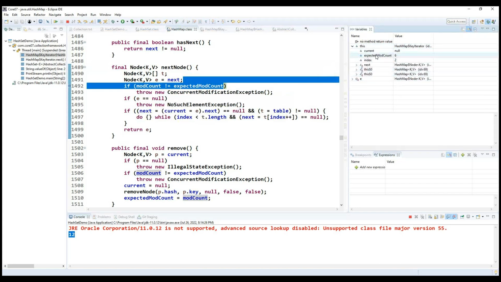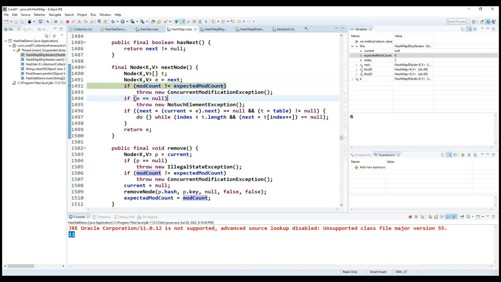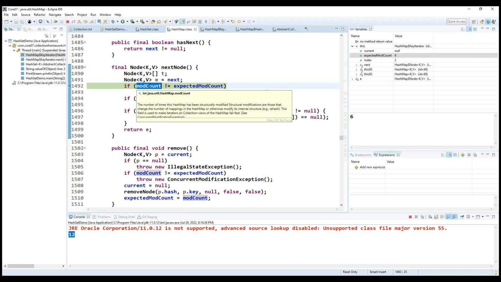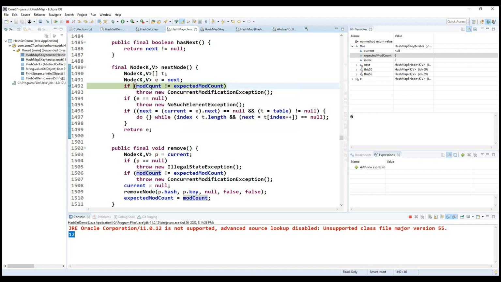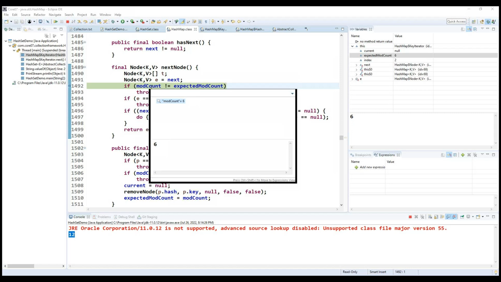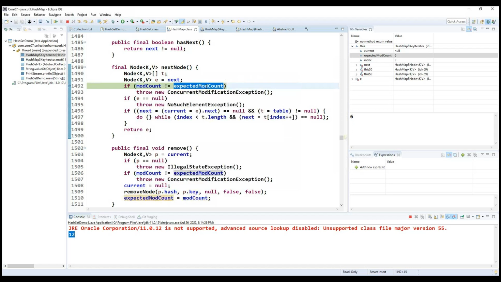Here you can see expected mod count is 6 here, and where is another mod count here? Okay, so I'm not getting this particular mod count. Let me inspect this. Yeah. So now you can see mod count I'm getting as a 6, and expected mod count also we are getting